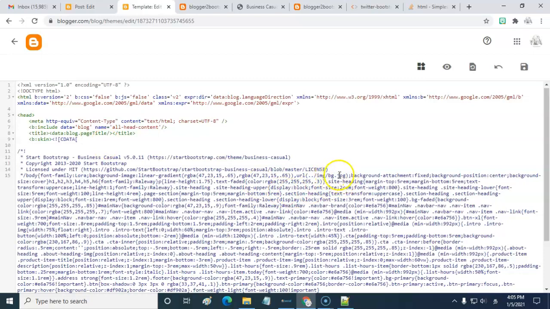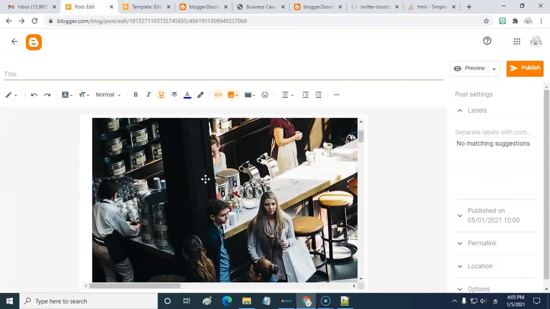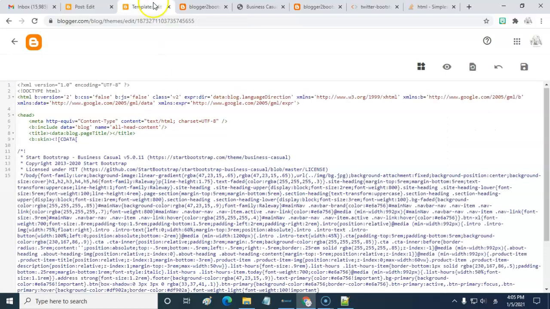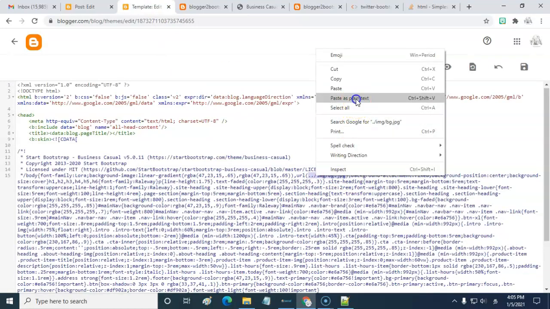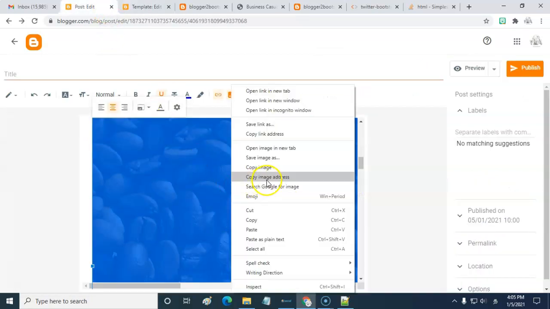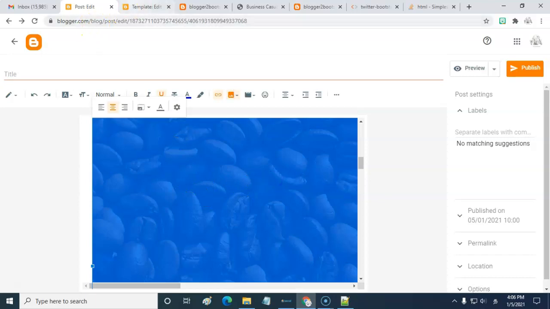Here we have one JPEG file. Here we uploaded the image files, and all the image files are in JPEG format only. Here we have to click copy image address.